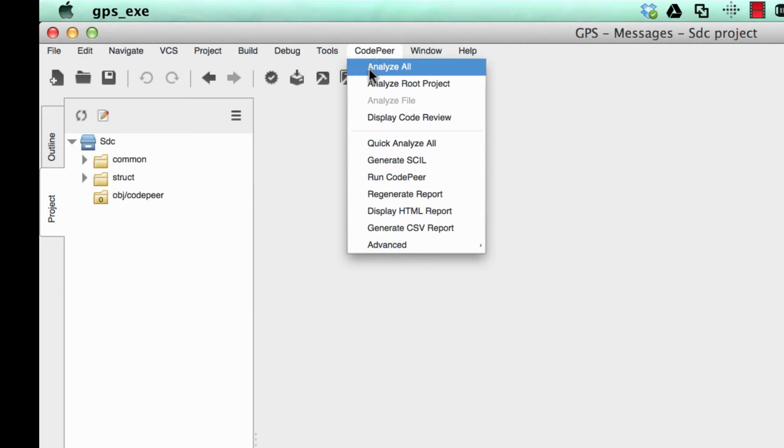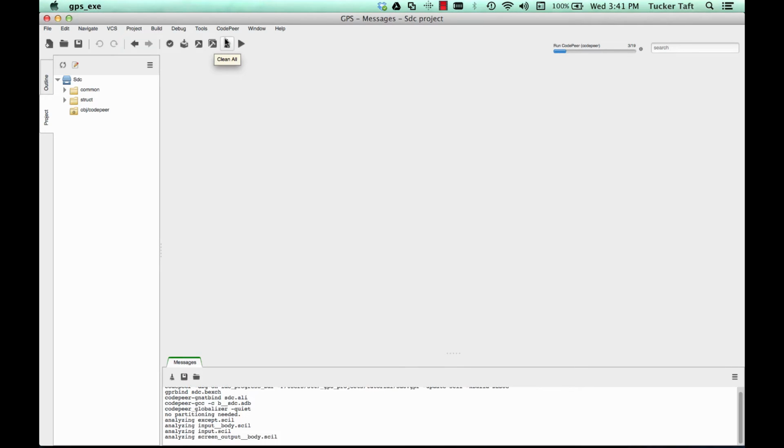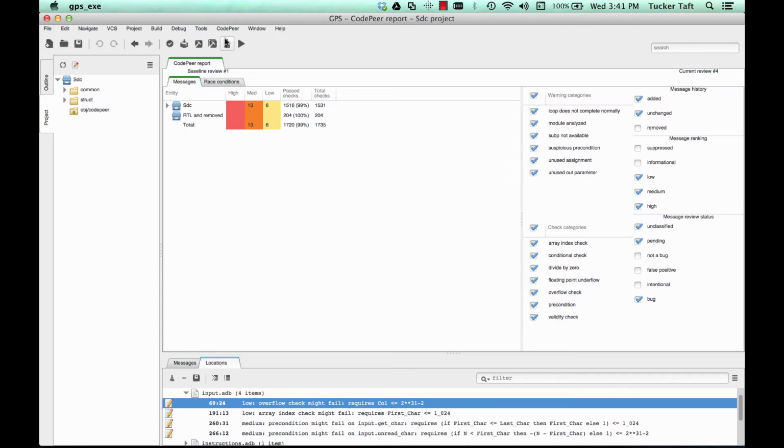At this stage, all we need to do is analyze all. That's one of the great things about the integration between CodePeer and the GNAT front end: it's essentially a one-button integration. And as you can see, there's a progress bar showing us what's going on. Once the analysis is complete, it will put up this top-level CodePeer report, which gives us a summary of the various kinds of messages that CodePeer has produced as a side effect of analyzing the various pieces of our